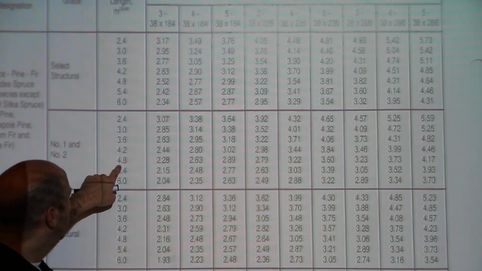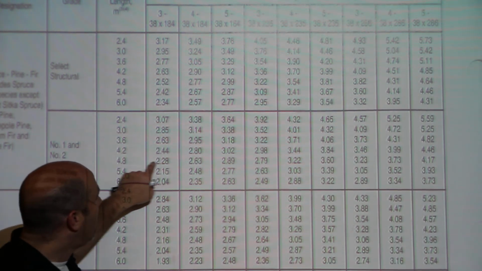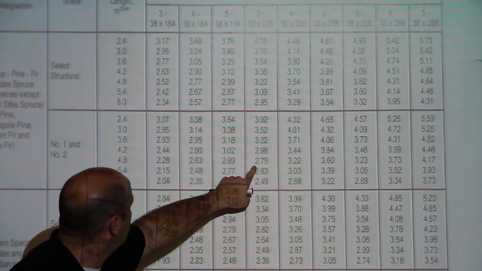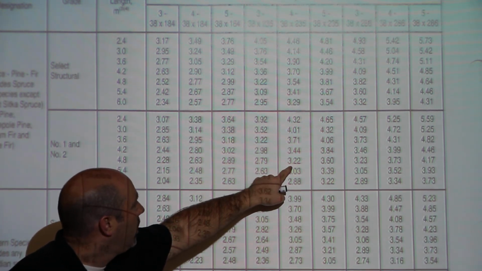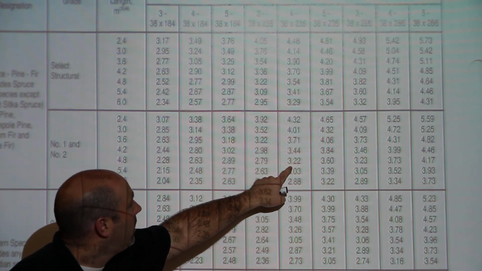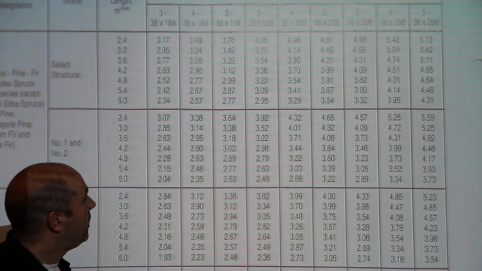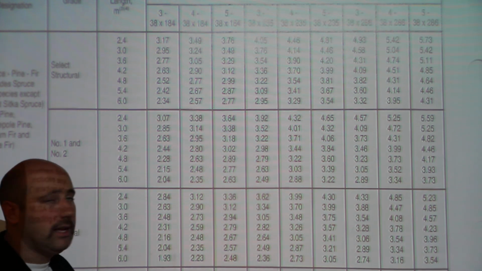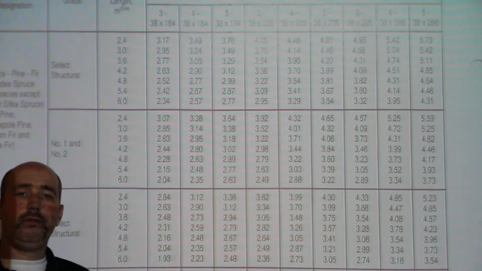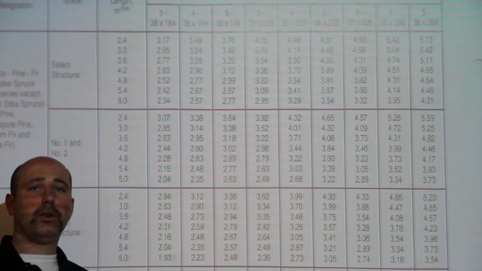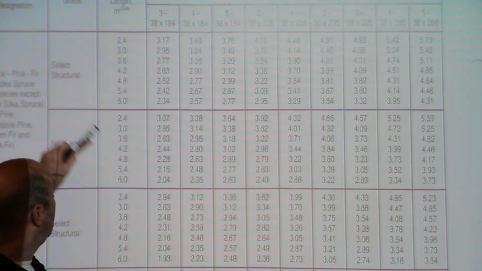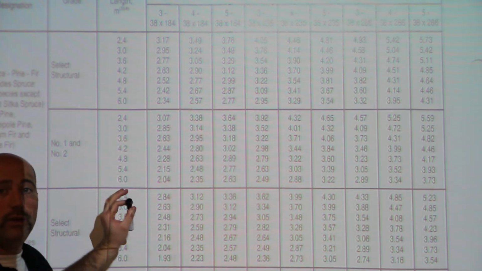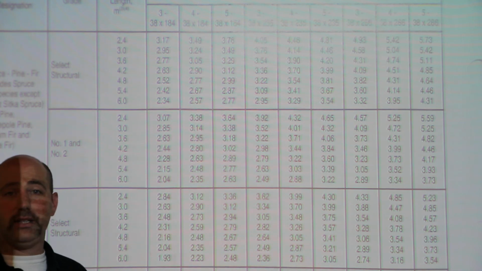So a supported joist length of 4.8 meters. If we did a 3-ply 2x10 beam, we could span 2.79 meters. Okay? A 4-ply would go 3.22 meters, and a 5-ply would go up to 3.6. Okay? That's your built-up wood chart. The next charts are going to be 2-story supported, 3-story supported. You're always going to deal with spruce, pine, and fir, and you're always going to deal with number 1 and 2 grade. So although there's a tremendous amount of information,